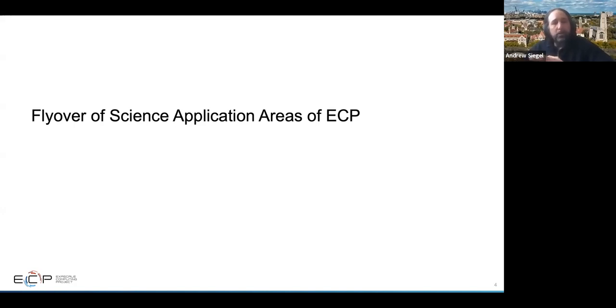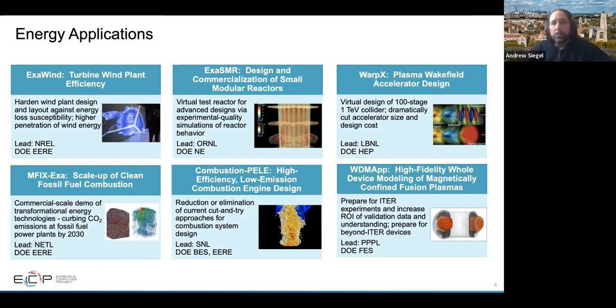It's spread across many different areas, and they each have different motivations and different drivers and different incentives, and that creates different outcomes. So we have a portfolio of energy applications. We have wind turbine modeling, small modular reactor design. We have plasma optimization for plasma wave field accelerator design, carbon sequestration, combustion engines, fusion for tokamaks, so magnetically confined fusion plasmas, a